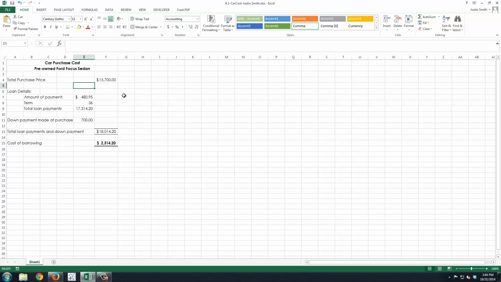And in many instances, Excel does this automatically to adjust to the data, but sometimes you want to manually adjust it, and you can do that to improve readability or emphasize a certain part of a worksheet. So we've still got this 8.1 car cost open. We're going to begin by making column E a little bit wider. So to do that, we're going to select anywhere in column E,